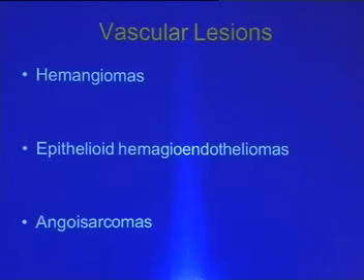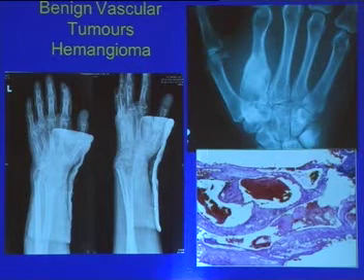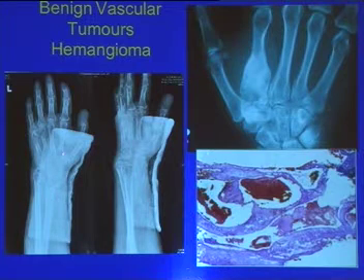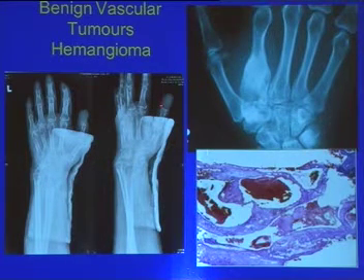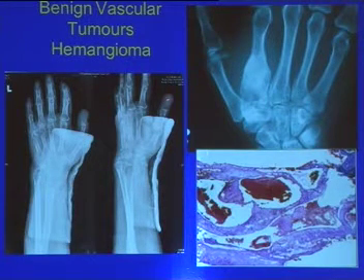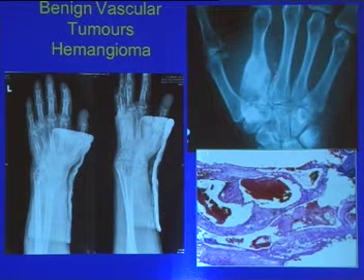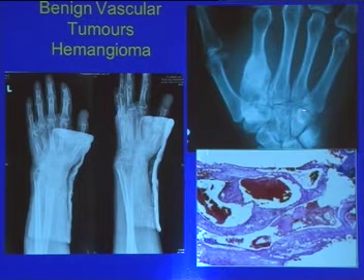Now, vascular lesions have not really been included in great detail, but we have seen a fair number of hemangiomas, epithelioid hemangioendotheliomas, and angiosarcomas, and very often they affect multiple bones. As you see, several bones in the hand have been involved by this, and here you can see that the tuft has almost disappeared due to the presence of this hemangioma. Here again another case showing multiple lesions involving several bones, and very often they are associated with a peripheral area of sclerosis.